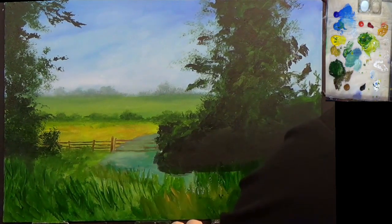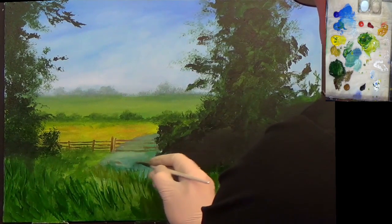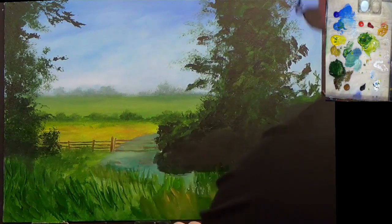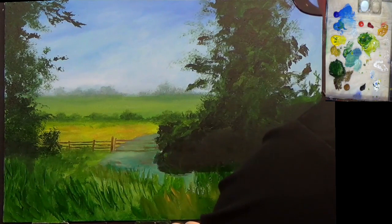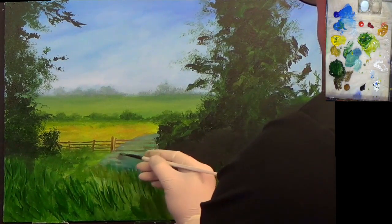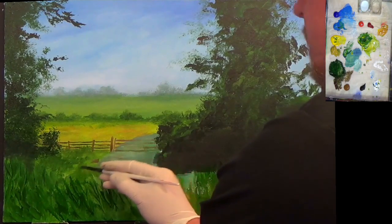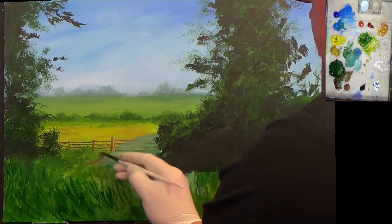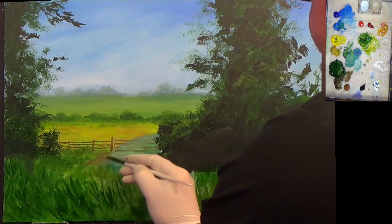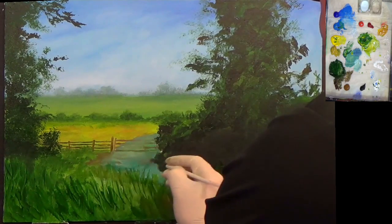Get a bit of burnt umber and just put some mud in there. Let's just get some mud. It's coming down because this could be a dirt track, couldn't it? Just building up those layers. Let's put a bit of soil over there. There's always a little bit of mud showing somewhere, isn't there? The farmer's been going through there and it's been splashing up, and